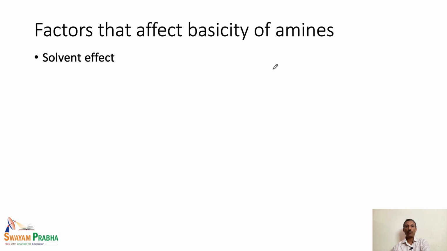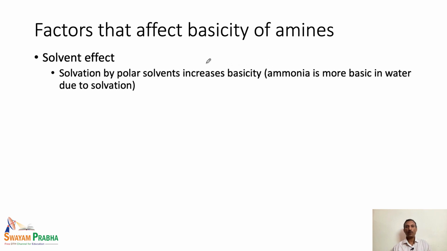Let us look at the other factors which affect the basicity of amines. The solvent effect is another one which affects the basicity of amines. For example, we have seen in the previous case that the basicity strength between secondary and tertiary amines is determined by the solvation by the solvent molecule. So, whenever we have a polar solvent, this basically increases the basicity. In other words, it can stabilize that conjugate acid much more, due to which the basicity of the amine is increased. That is the reason whenever we have a polar solvent which can solvate the ionic species,